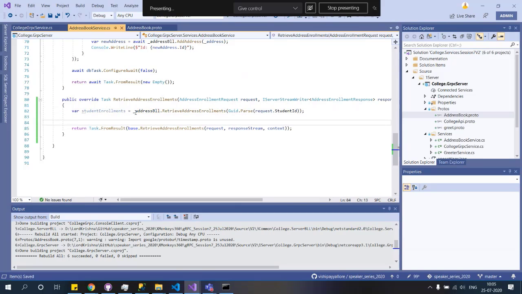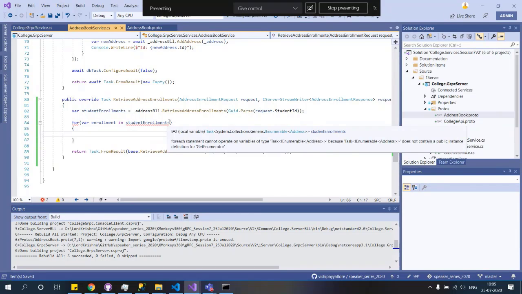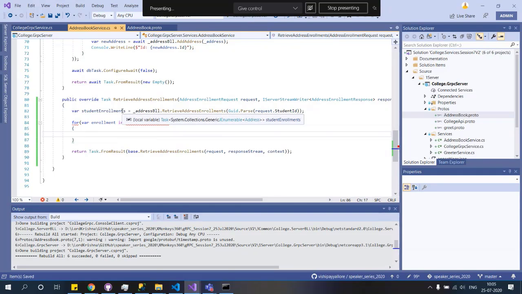Okay, so now let's do it step by step. The first thing let's achieve, we'll bring in all the student enrollments here, and then we'll quickly go and traverse through this, for each enrollment in student enrollment. Notice this. Okay, dot result. Okay. Okay. For each